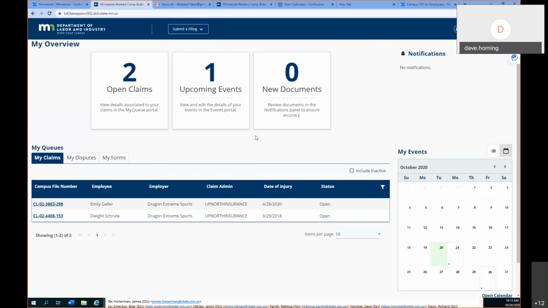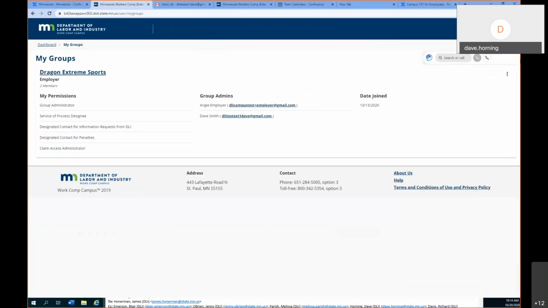And as you can see here, we have claims, we have some disputes and my forms. And we'll click over here on the group administrator, in this case, Dave Smith. You'll look at my groups, and as you can see, you bring up my groups, and then you'll have your employer name listed here with the permissions for the groups. The group admins, again, this is all available in a separate training, but we'll just go through it for a second here. You have the group admins, people who are able to access the information. As you can see here, the group administrator, the designated contacts,